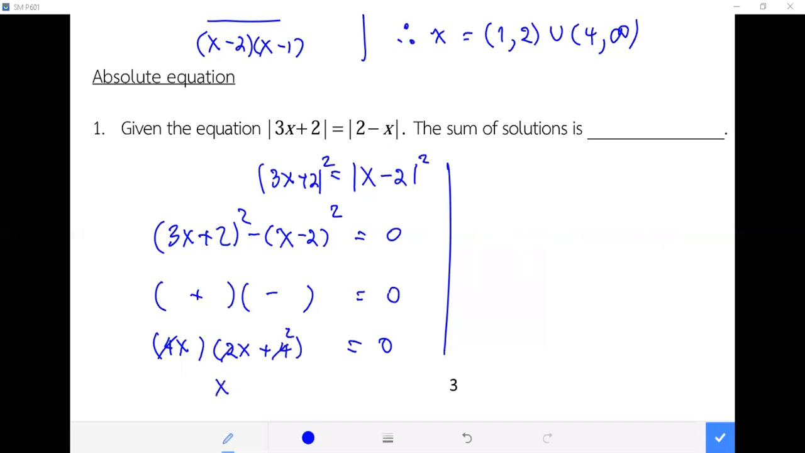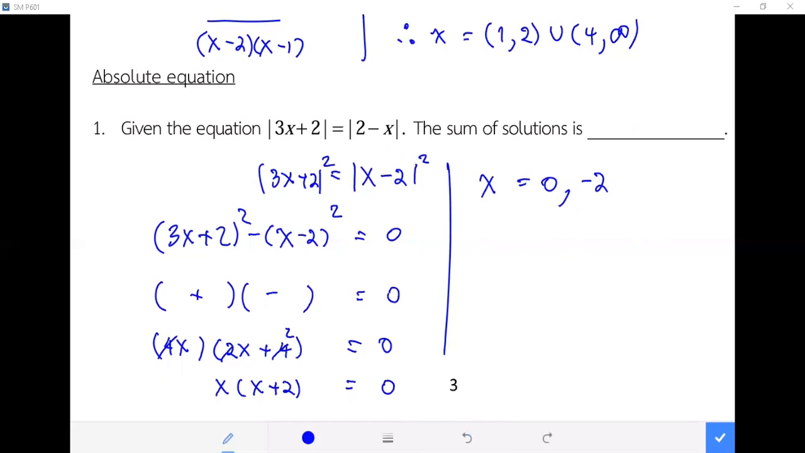Again, you get x times x plus 2 is equal to 0. So your x is going to be 0 and negative 2. So the sum of solutions is 0 and negative 2. Sum of them is negative 2. Right? If you want to check the answer,